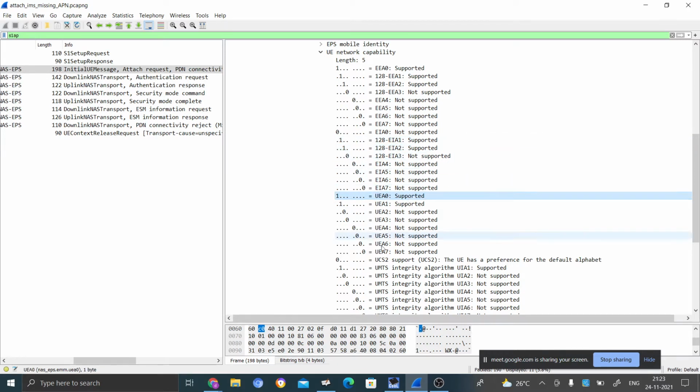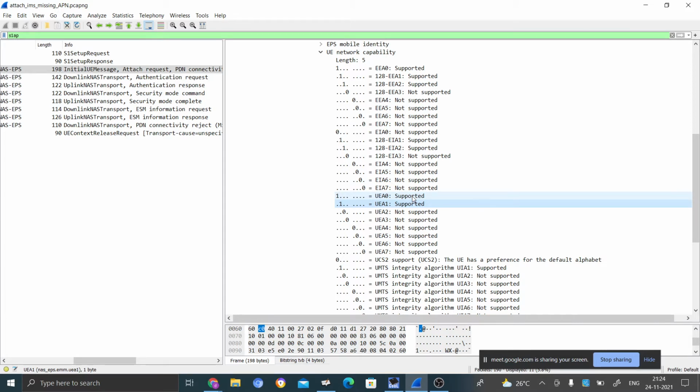So these are for the UMTS. UEA means UMTS encryption algorithm, 0 supported, because when the UE wants to use 3G services, it will use this. For example, when a UE is moving from LTE coverage to 3G coverage, it has to register there.